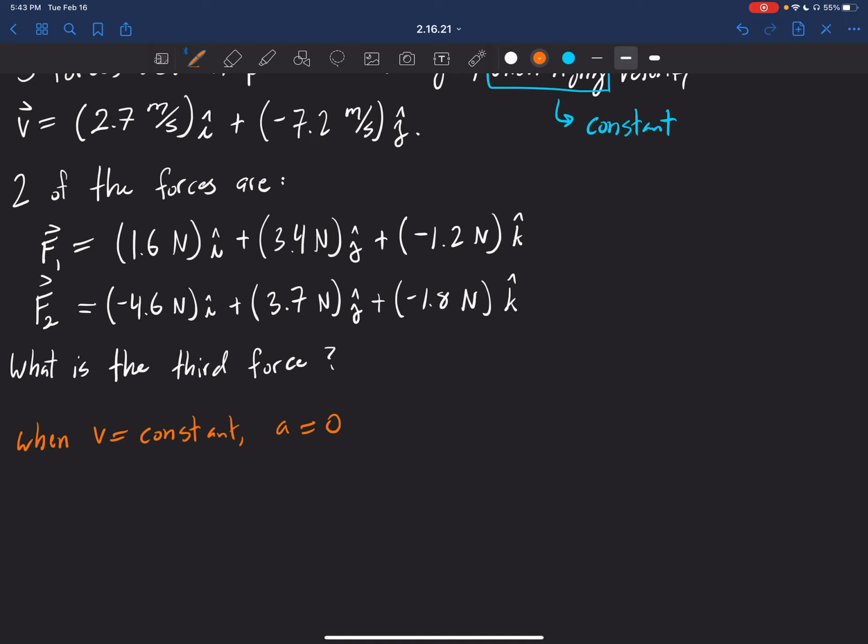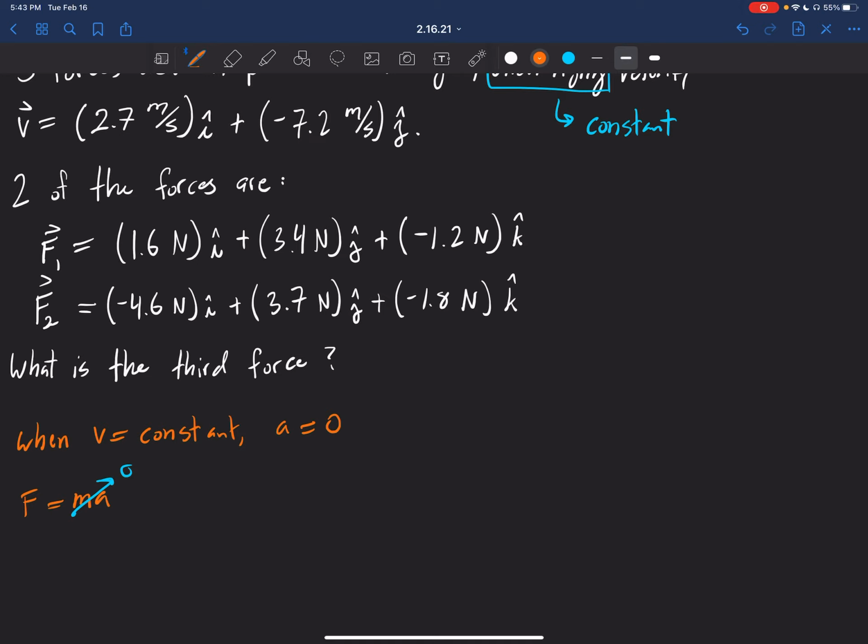And well, what is force? Force, in its most simple definition, is mass times acceleration. But if acceleration is zero, then that's just zero. And that must mean that the force is also zero. So really, what we're going to do to find this third force is recognize that because the sum of all the forces acting on this particle has to equal zero,